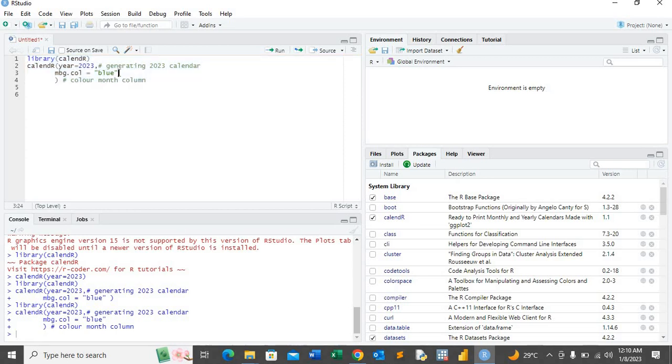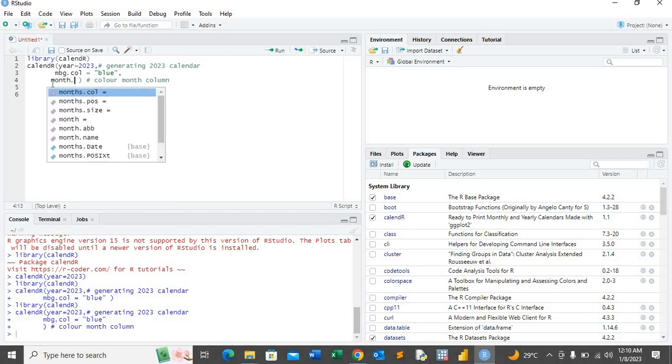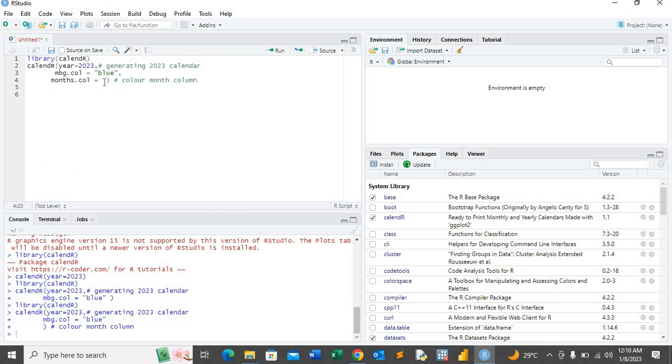So after doing a comma here, perhaps just move here, and then we say the next thing that we say is months dot color. Perhaps months, we do here months dot color, and there it is. Then perhaps we say months dot color, we want them to be written in white. So after doing that in white, this